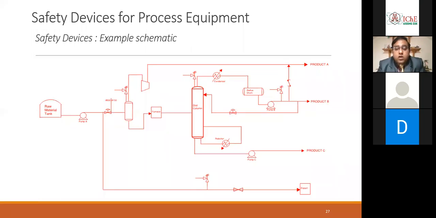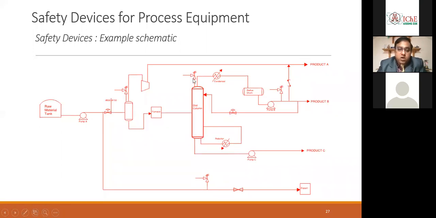Okay, so let's see one by one what can be the possible relief scenarios. Distillation columns, as I said, are mostly at grade, so fire is applicable to this one. Then since there is a reboiler here, there can be an abnormal heat input going into it. So abnormal heat input is one. This is a condenser here, so there is a cooling medium here. So cooling medium failure. It is this pump here which is supposed to supply the cooling medium. If the power to this pump fails, power failure is also applicable here.